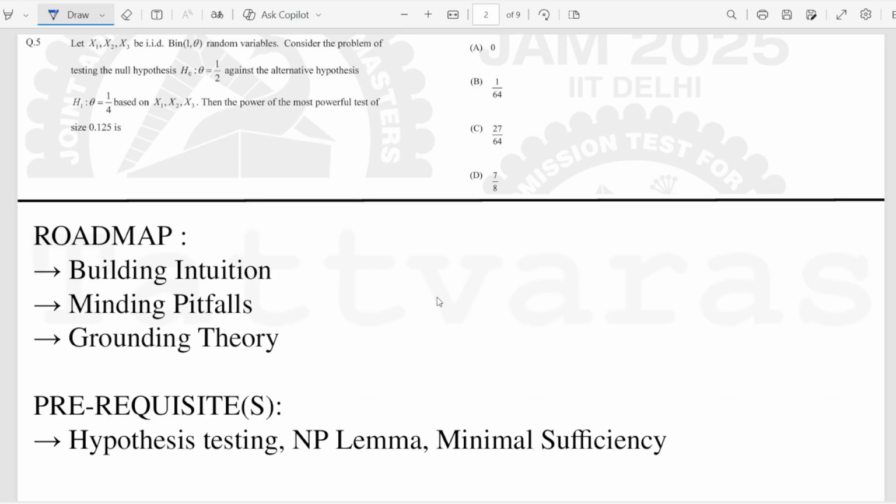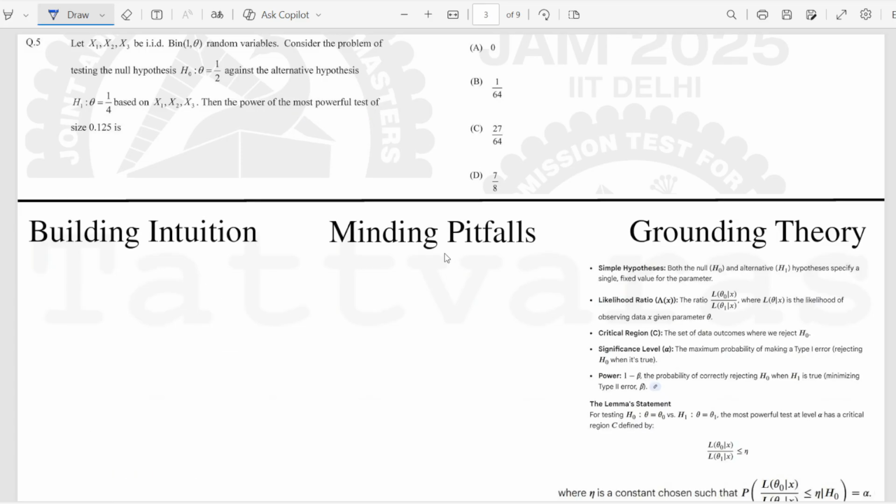Let's get started with this hypothesis testing question. Naturally, it will involve the Neyman-Pearson lemma because it's talking about the most powerful test, but it will also deal with the concept of minimal sufficiency in statistics and parameters. So let's get started. I have no shame in admitting that this is a part that I have generated from